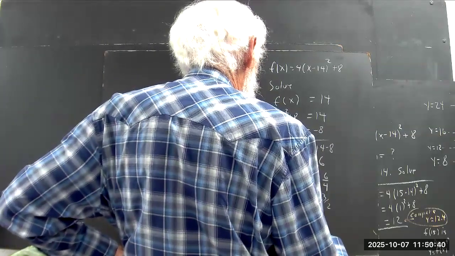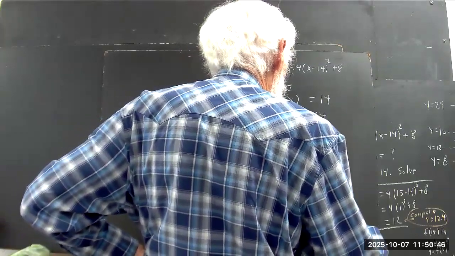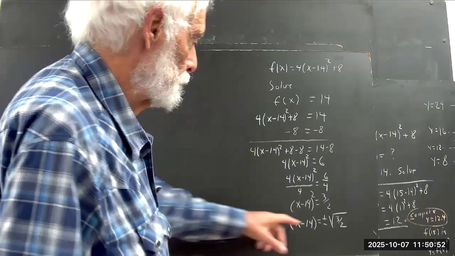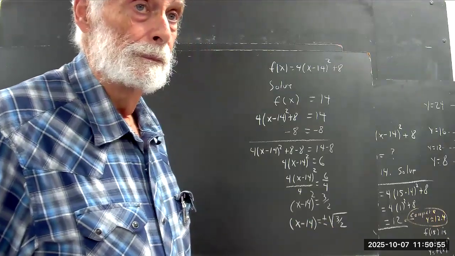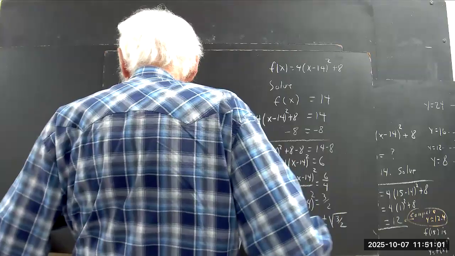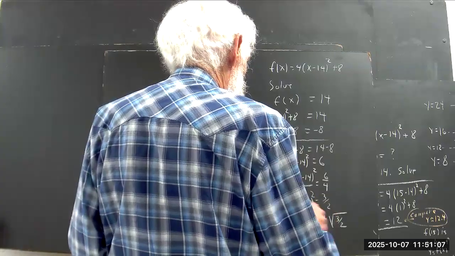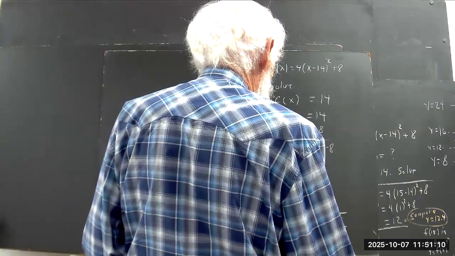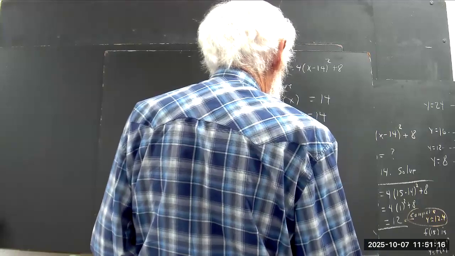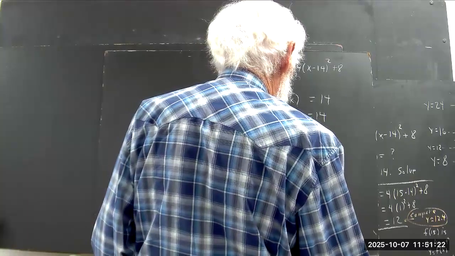So with that reasoning, x minus 14 equals plus or minus the square root of 3/2. And we don't really need parentheses around x minus 14 because we're not squaring it anymore. We're not doing anything else with it. So now we want to add 14. And we get x minus 14 plus 14 equals